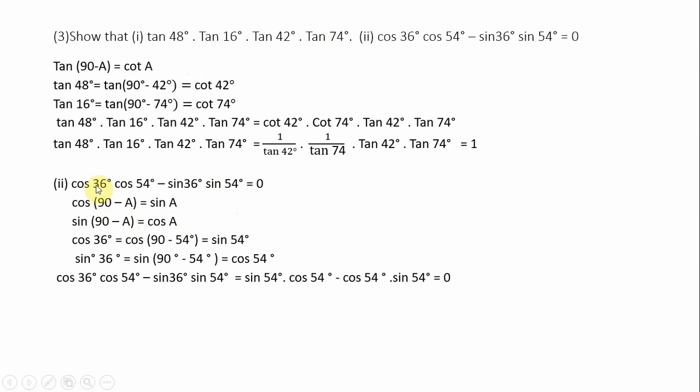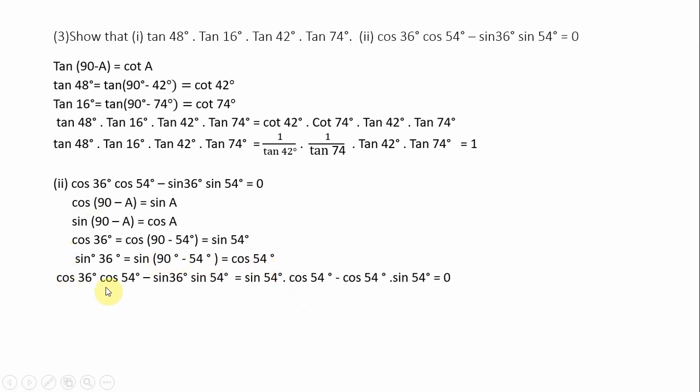Now first one, cos 36 degrees can be converted as cos 90 minus 54 degrees, which is equal to sin 54 degrees. Understand? Now I have converted the sin 36, not this one. Here, since you have the multiplication symbol in between, it is a union of the product and the subtraction also. So don't take the cos 54 degrees. So cos 36 degrees can be written as sin 54 degrees and sin 36 can be written as sin 90 minus 54 degrees, which can be written as cos 54 degrees.